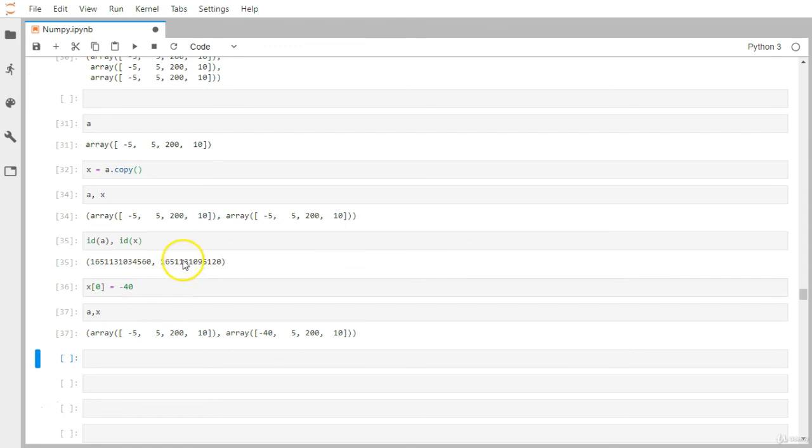Whenever you do any kind of modification at this particular memory location, the change doesn't get reflected in the other memory location.